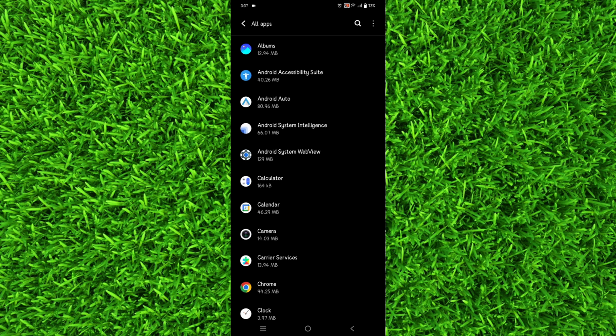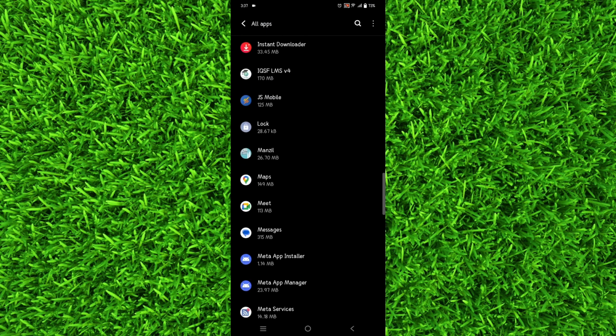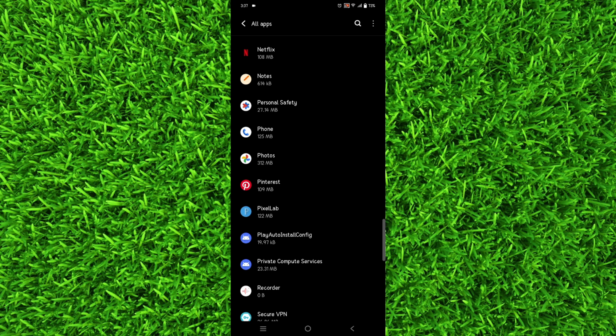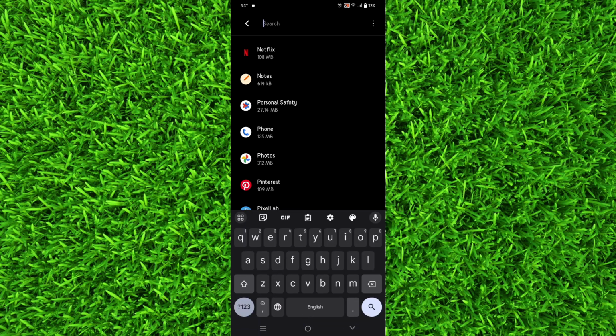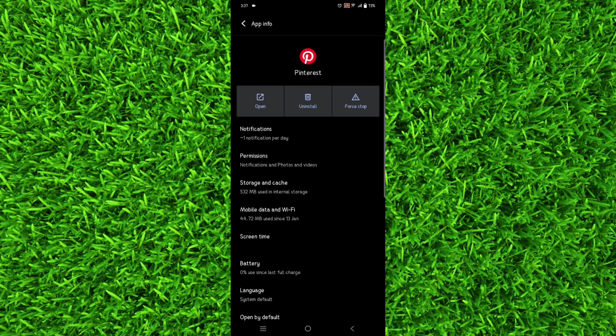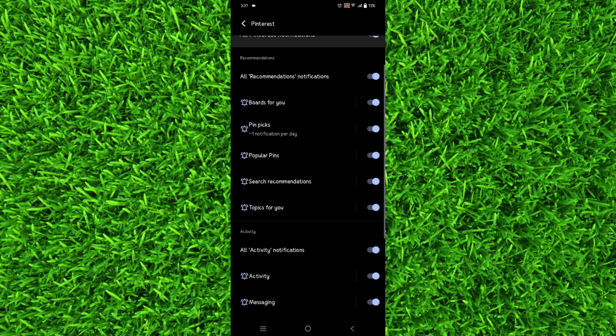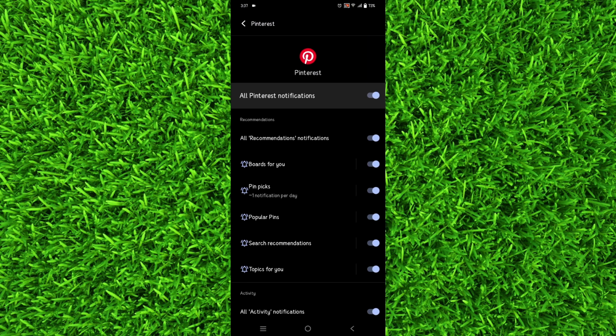Now once you're on this page, you'll have to look for Pinterest, or you can simply search on the top for Pinterest. Once you have found it, tap on Pinterest and then tap on notifications. And once you're on this page, you can turn off notifications manually, or you can simply turn off